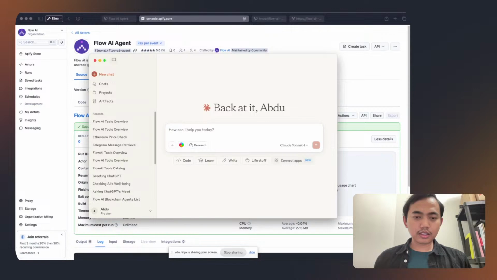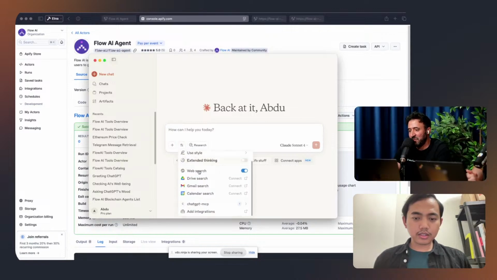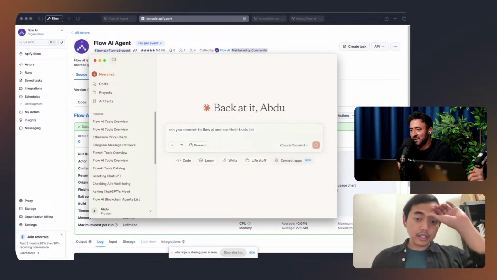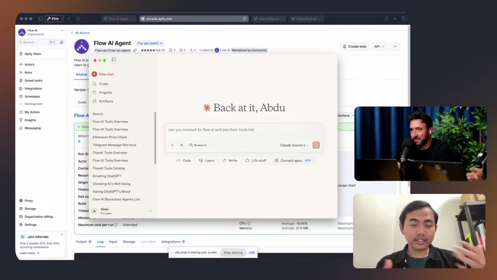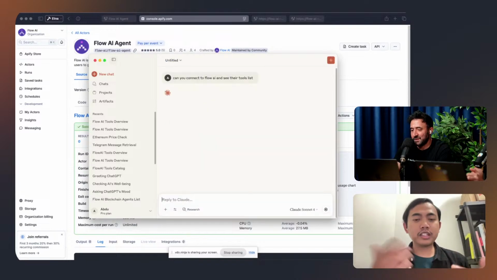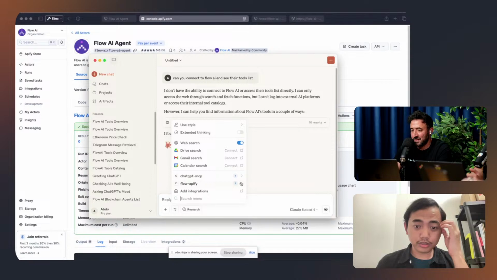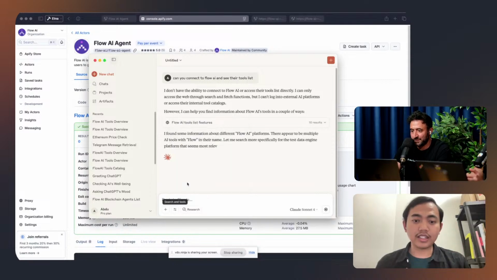Yeah. Thank you, Abdu. Maybe, while you're trying to solve that, I can see MCP is always a new technology, but I think we've seen... Let's see if it's still connected. I don't know. Maybe there is some kind of delay. Yeah, but apparently there is no Flow AI at the moment in the tools itself. Oh, now there is a Flow AI Apify, so it takes some time too. So maybe I will stop this question and try again.